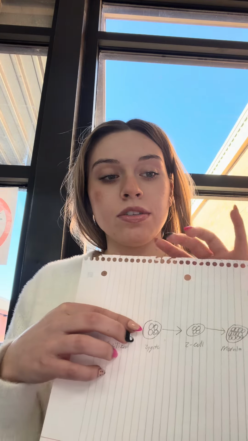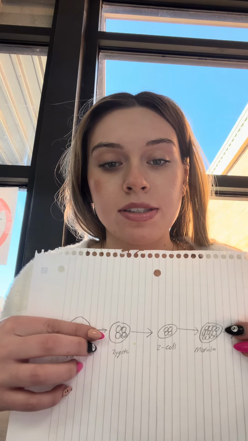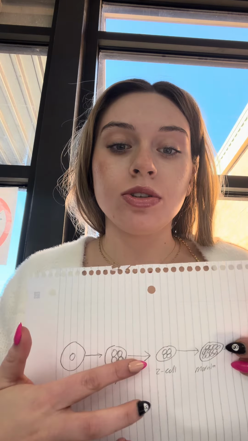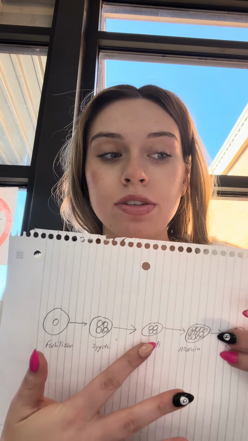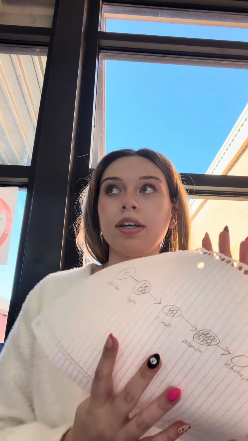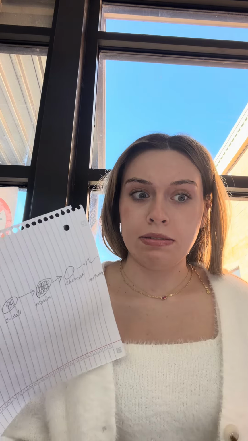the zygote divides into more cells without growing in size, and then the morula grows a solid ball of cells, and then the blastocyst is a hollow ball of cells that implants into the uterus, and then for the implantation period, the blastocyst attaches to the uterine lining around days 6 to 7, and then after 2 weeks,